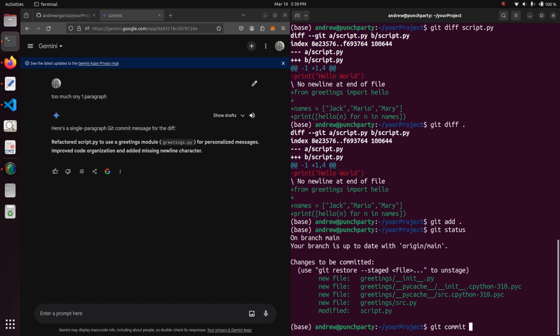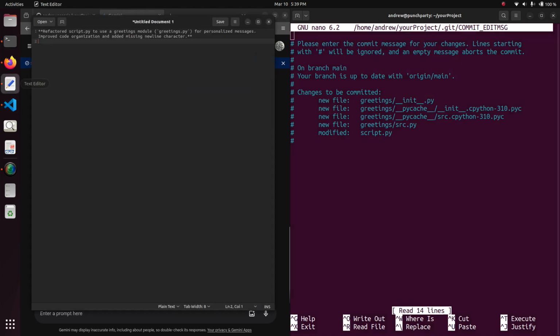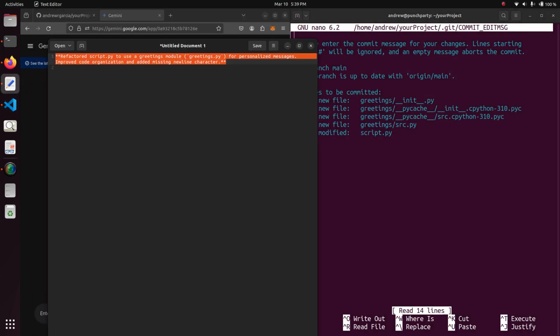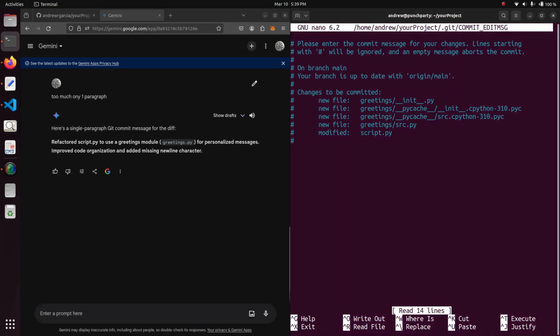Now git commit without the -m so that it can write extensive messages. So we just type git commit without the -m and enter, and it gives us this weird GUI nano. Nonetheless, what we're going to do is copy paste that message from Gemini here. We're going to copy it from the notepad and paste it there on this GUI nano